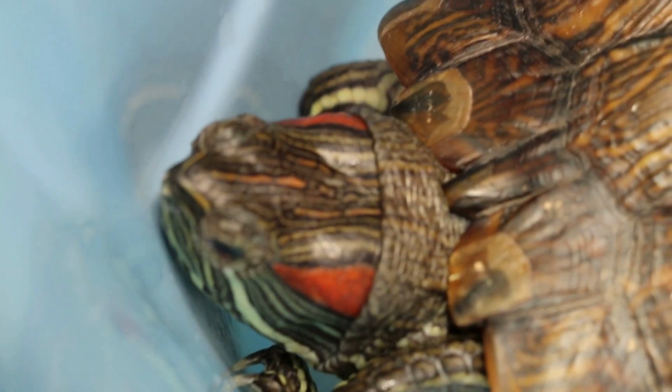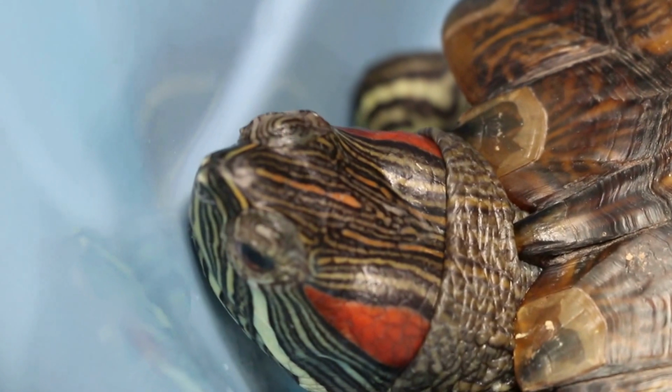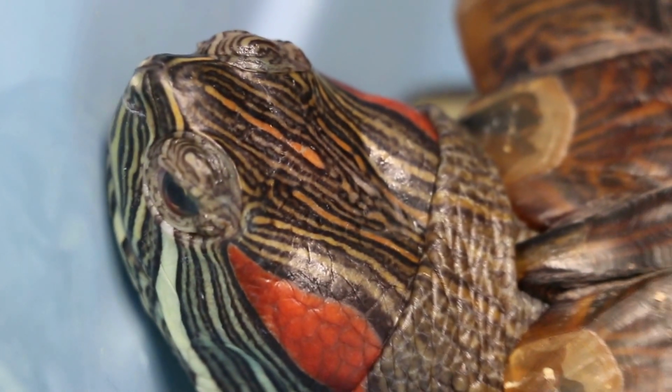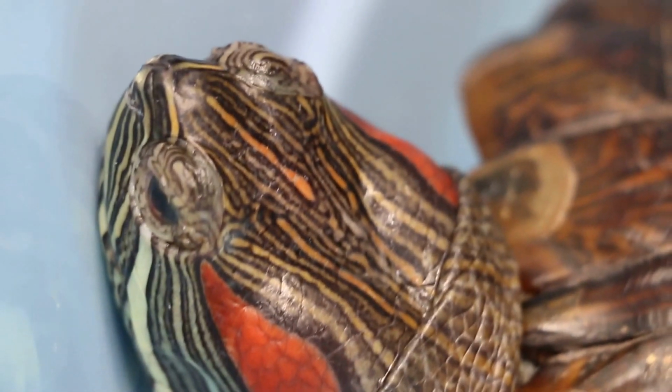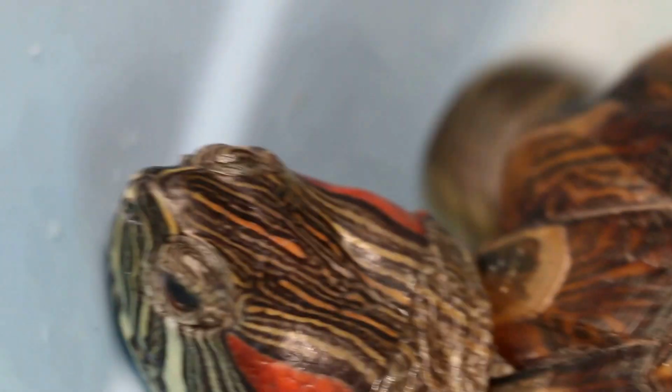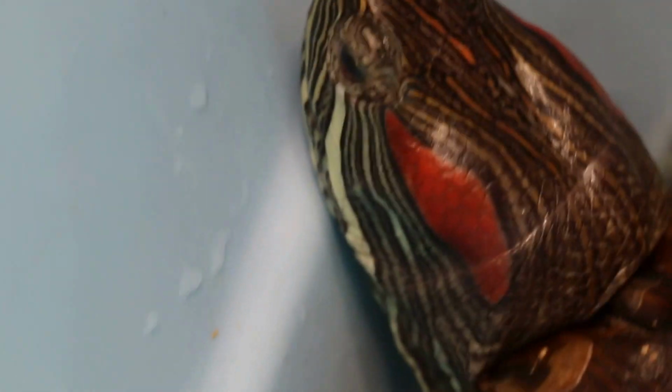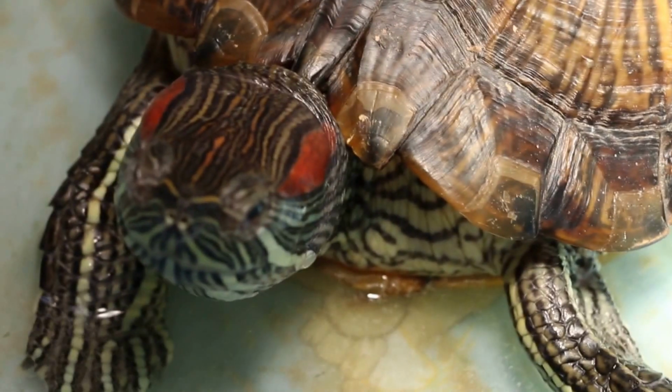Longer in the water, and of course being submerged under the small tank in water with food and plenty of bacteria multiplying in the water. This affects the Terrapin's eyelids, since he had no chance to dry himself. But now we put him in a clean area with less exposure of his eyelids to submerging in water. So you can see that his eyelids are less swollen, and definitely there's a chance that he will recover fully